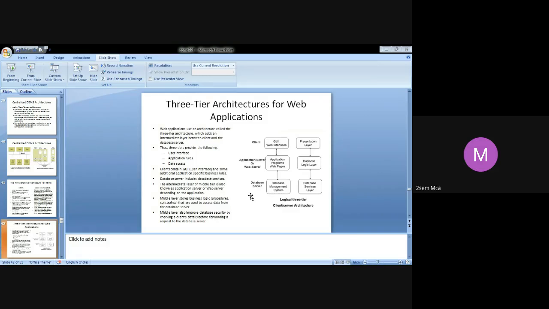The presentation layer displays the information to the user and allows data entry. The presentation layer will always display the information to the user. The user will always access the presentation layer only. I think you would have studied in computer networks the different layers of the OSI model, and there also you come across this presentation layer. So the presentation layer displays the information to the user and allows data entry.